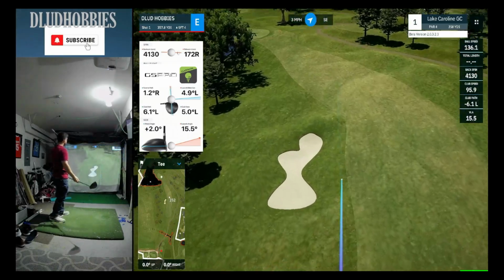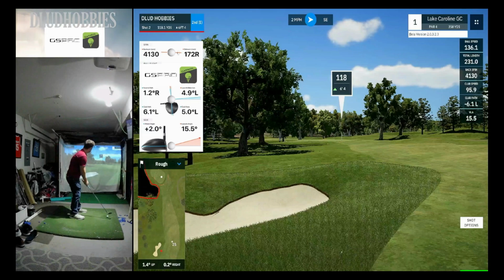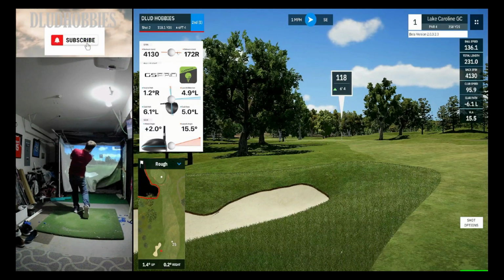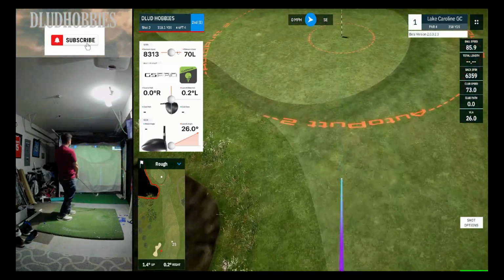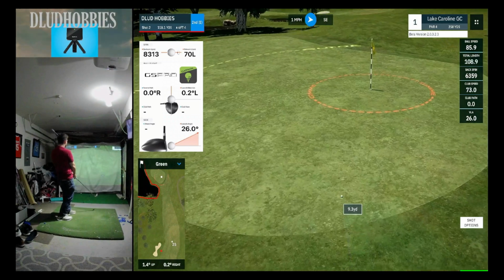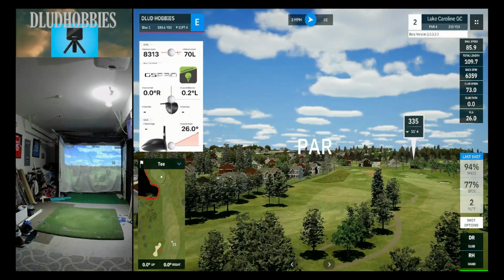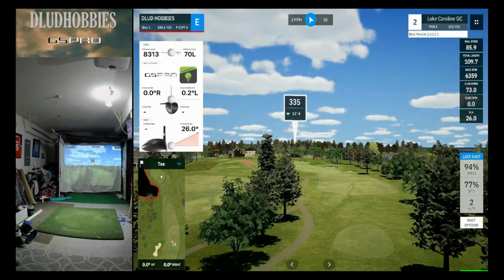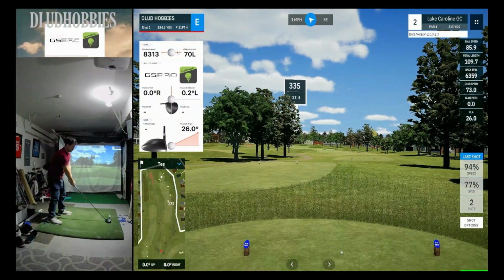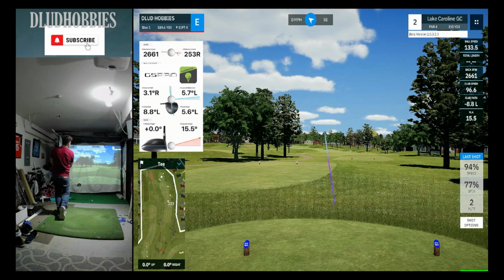I've been playing around with resolution settings, trying to pack the most out of it. And I think I actually did some harm on a couple of these videos by over compressing them. So you may see it looks almost skippy instead of smooth. But the resolution should still be okay, but I think I lost a little bit in the process. But with that being known, we par the first,